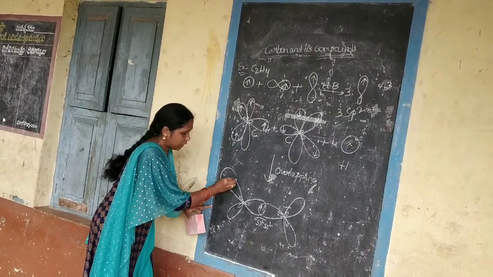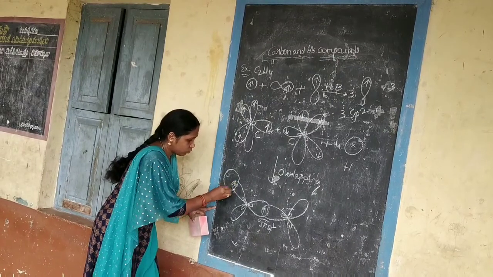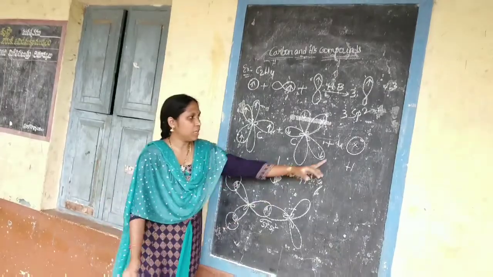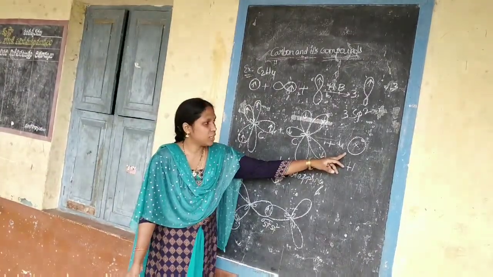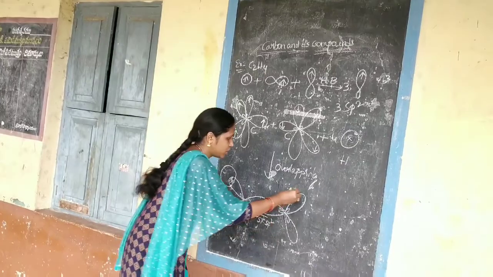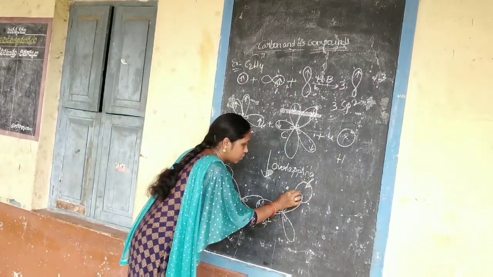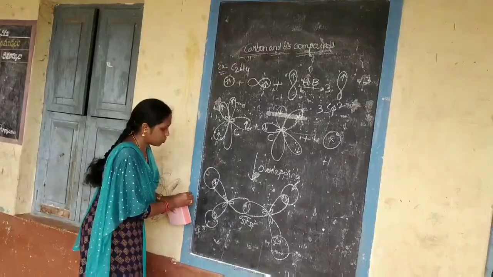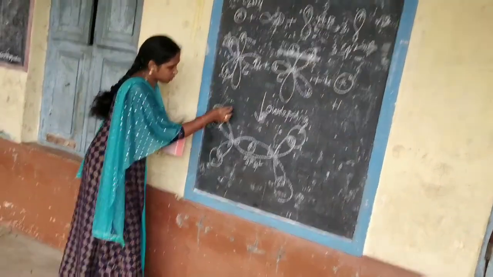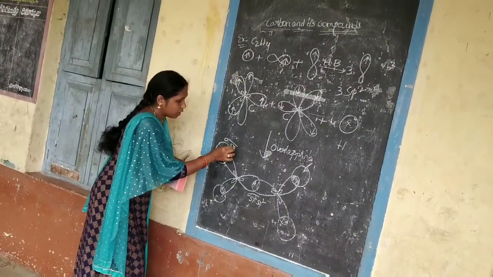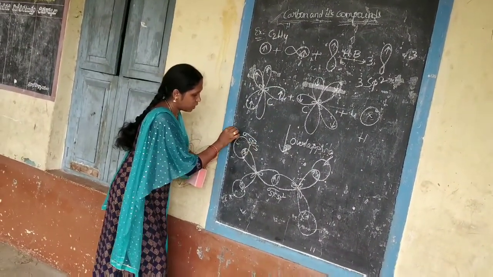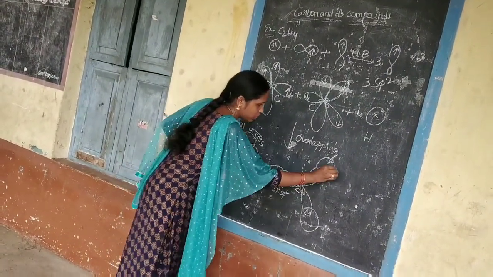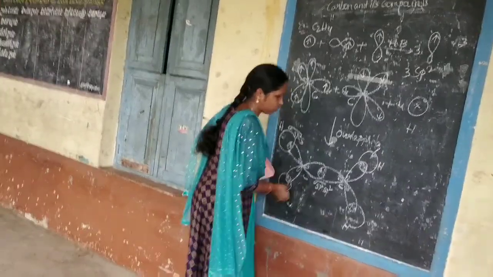Hydrogen atom and hybrid orbital always involve in end-on overlap. Why? Because the s orbital is spherical and non-directional. So that's why it always forms a sigma bond only. Okay, so four sigma bonds are formed. All the sigma bonds are formed due to the overlapping of sp2 of carbon and s of hydrogen. This is hydrogen, hydrogen, carbon, carbon, hydrogen and hydrogen.